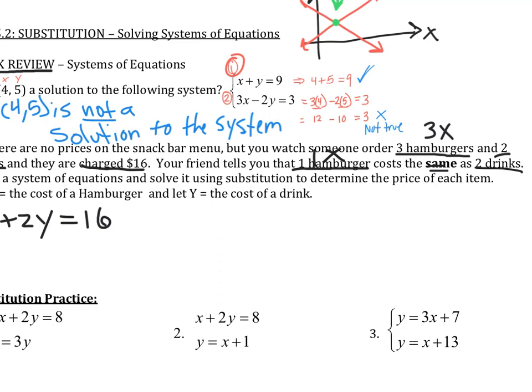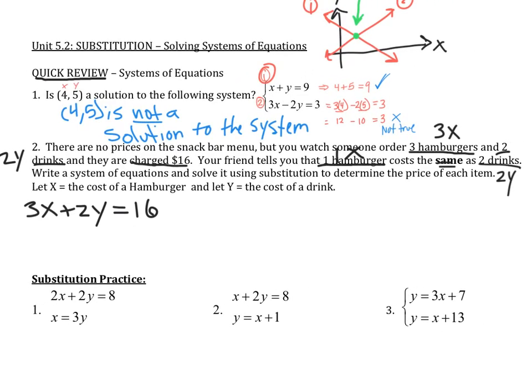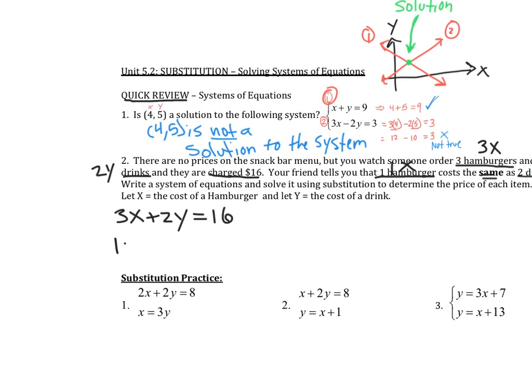2 drinks, and remember y is drinks, so we can represent that by 2y. So 1x equals 2y is the equation in that next sentence. So 1 hamburger is equal to 2 drinks. There you go. There is a system of equations. We don't know the price of the hamburger and drinks, but we can use that system to go ahead and